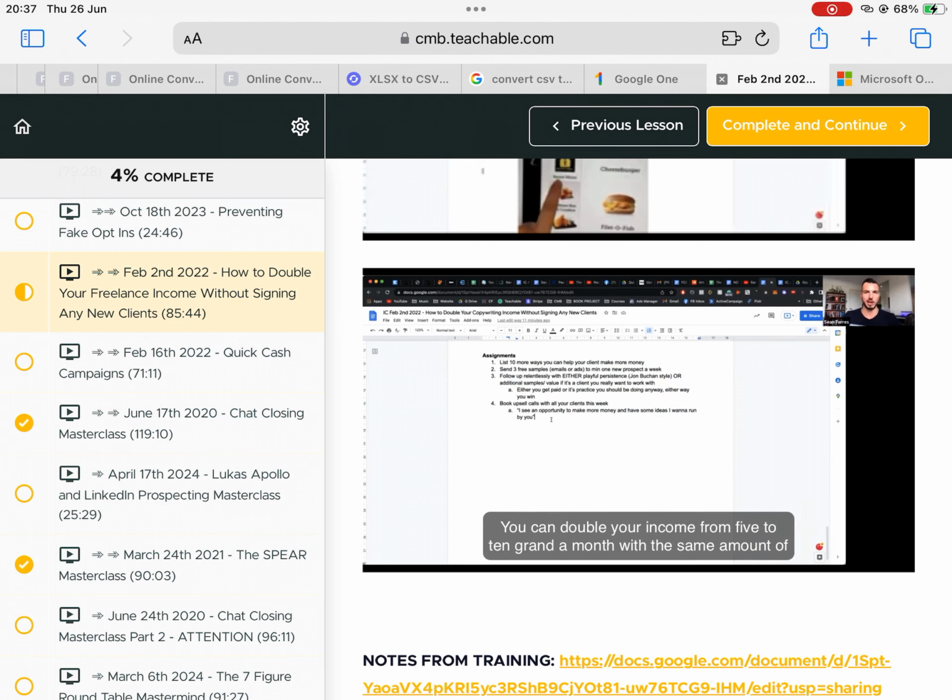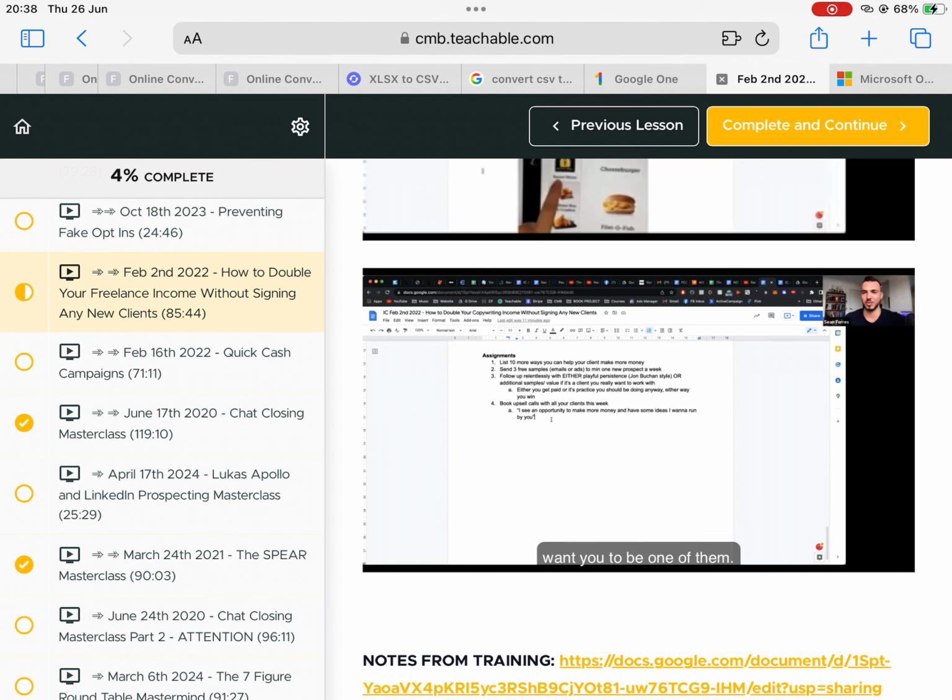very high you will literally double your income per client without needing to sign any more clients. You can double your income from 5 to 10 grand a month with the same amount of clients you have now, if you have like 3 clients, and then upsell every new client that you work with. So easy. So much money being left on the table by so many people. I don't want you to be one of them. Cool. So hopefully, it helps you smash that 10K a month mark even faster. Or if you're at 10, helps you get to 15, 20, 30, and so on and so forth.